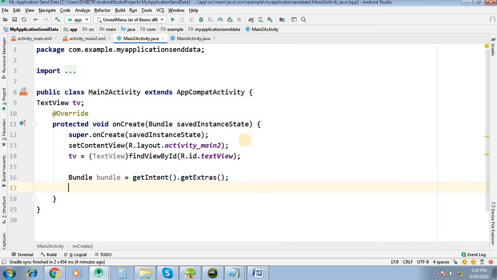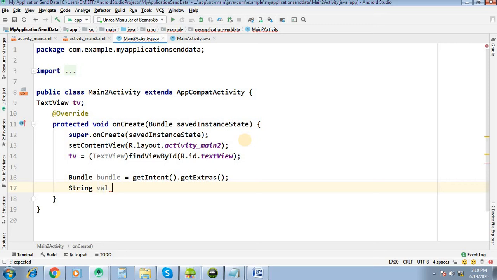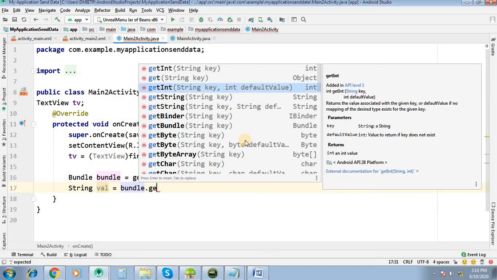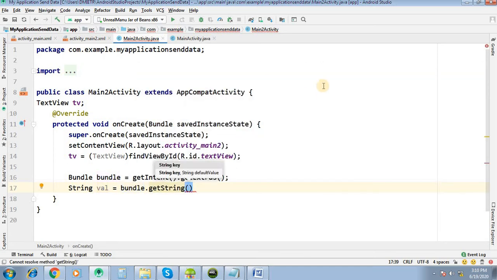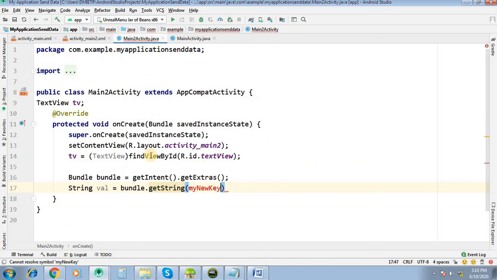Now we will retrieve the value from this bundle. Bundle dot get string, and here we have to pass the key. The key should be same.